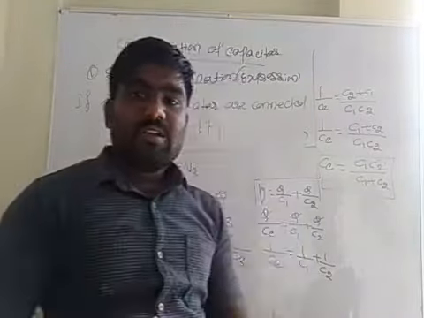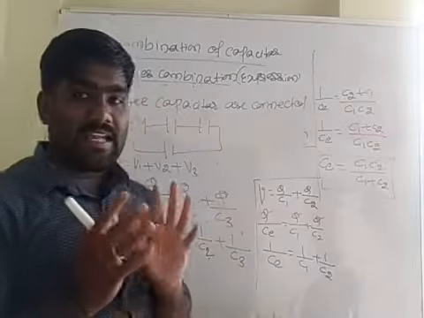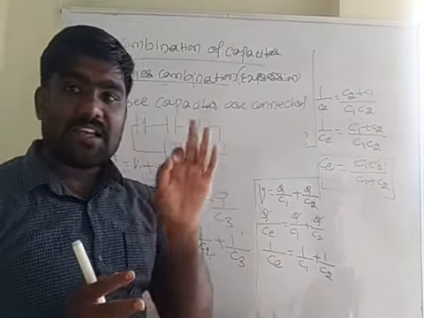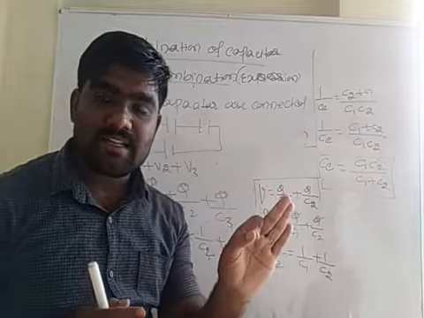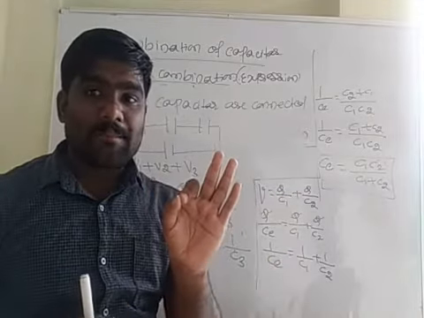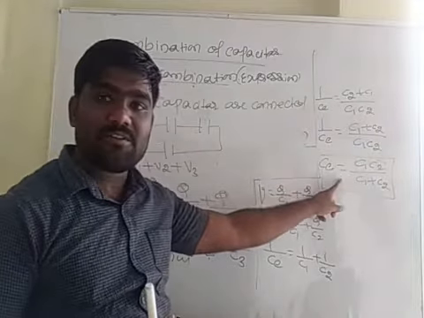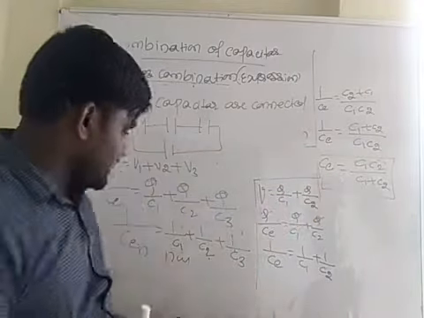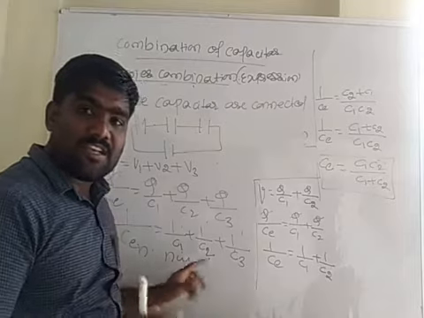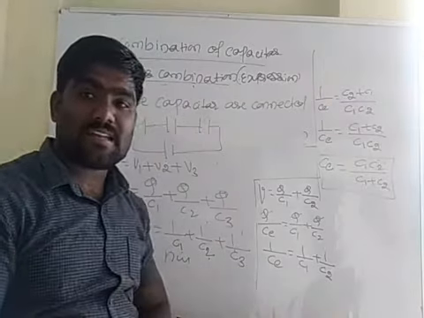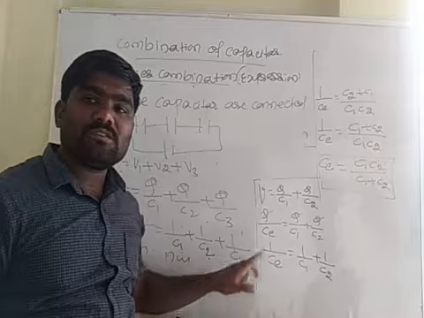Okay. How may he ask a question? Derive an expression for effective capacitance of capacitors connected in series, when two capacitors are connected. Two capacitors means it will be your final expression. If three capacitors, it will be your final expression. If n number of capacitors are connected, say up to Cn.